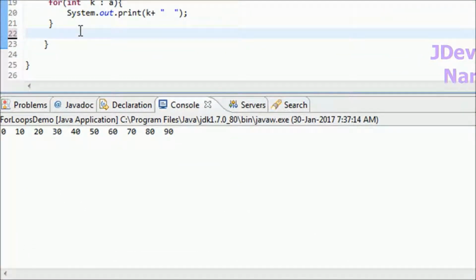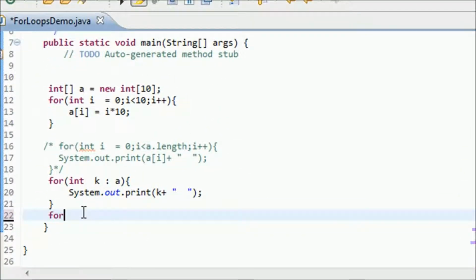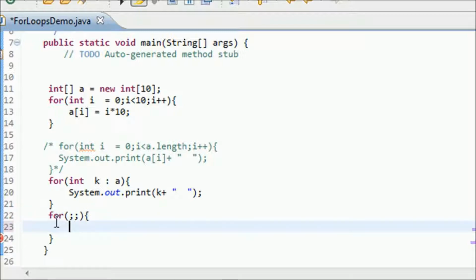One more thing I am going to discuss is the infinite loop. Suppose I do not give anything like this, I didn't even give any initialization or boolean expression or increment operation. By default, it returns true always. If I do not give any boolean expression, it returns true always.